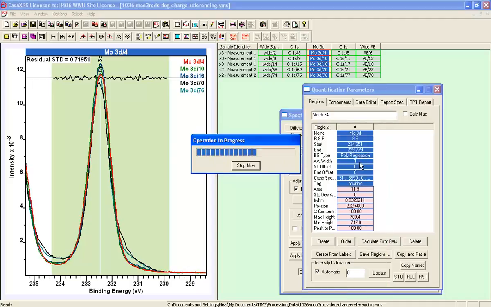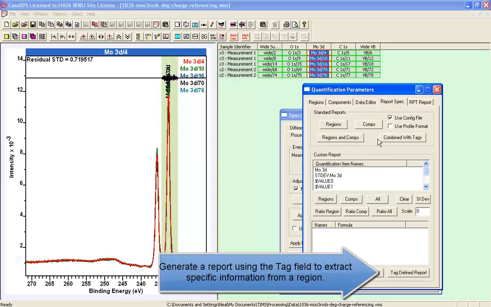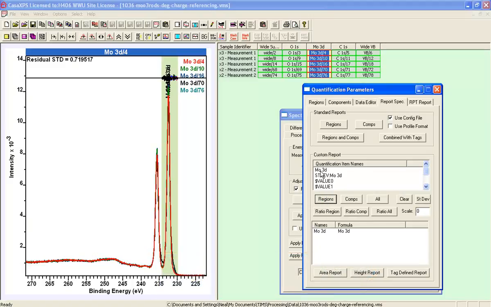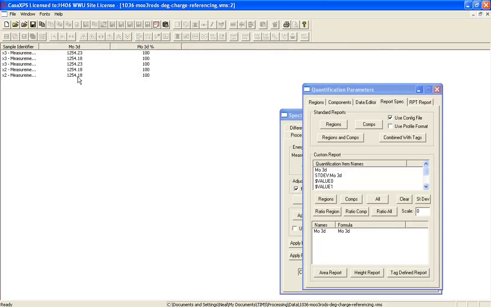So I perform that propagation, and because I've got a tag field of position, if I go to the custom report and I select the regions, so it's copied through the name region for molybdenum 3D, and because I had the tag field set up as position, when I say tag defined report, it gives me a measure of the position for that peak. And as you can see here, this is the kinetic energy for that molybdenum peak, and if I wanted to, I could